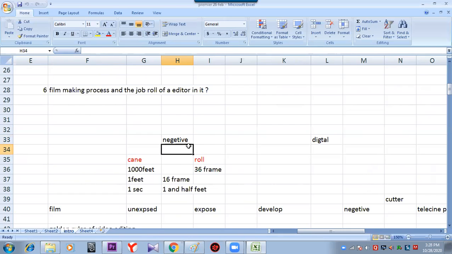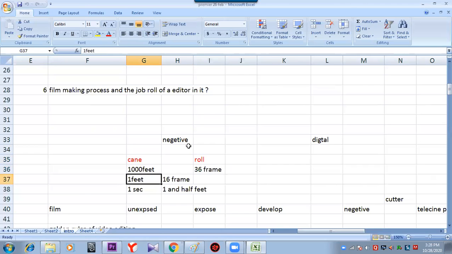Now it is closed. But when I started my career, I used to take the negative. The whole film was shot in negative format. Just as in marriage shooting, we used to have a negative camera before. Nowadays also people are using Kodak, Konica, and exactly the same thing. In the rolls, we put the rolls in, and 36 images can be taken. But if you switch to film negative, it is purchased in feet, and 1 foot consists of 16 frames.